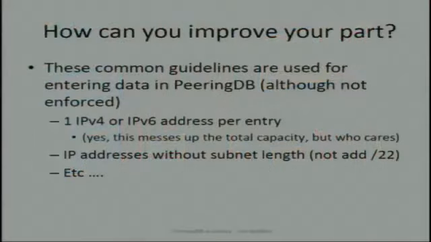How can you keep improving the data in PeeringDB? How can you ensure that we'll keep the number high as it is? I recommend that in the current PeeringDB setup, you use one IP address per entry. I've seen quite some people that try to fit both an IPv4 and an IPv6 address on the same line because they feel it's cheating to list the entry twice and then double listing the bandwidth as well for v6 and v4. I don't care about bandwidth at all.